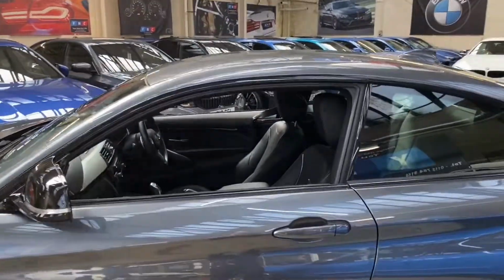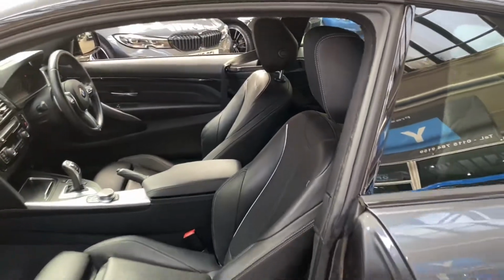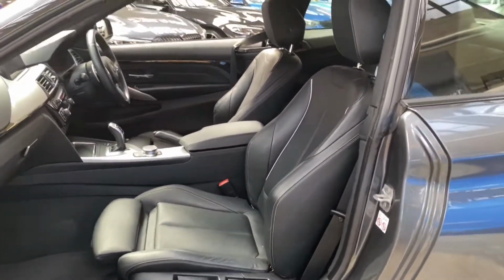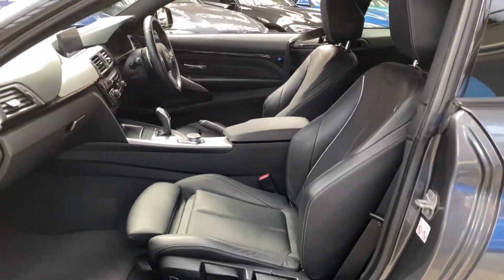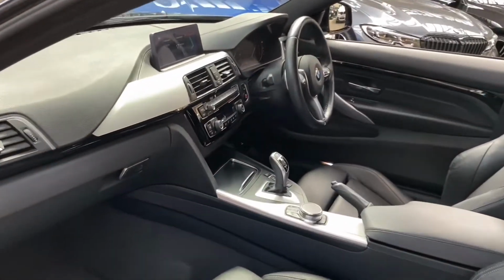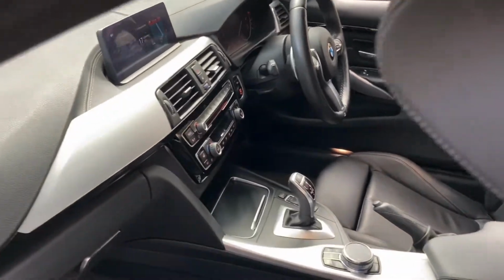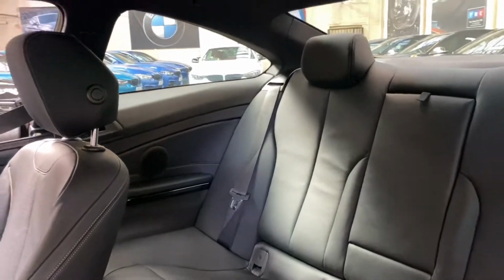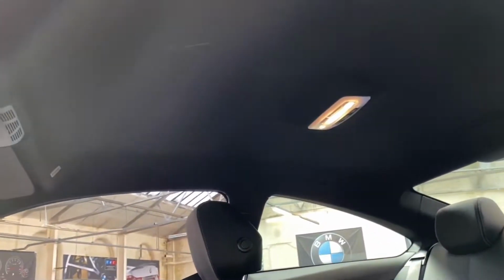We've got the lovely black Dakota leather with white oyster highlights, as you can see there. Both passengers and drivers front come with electric lumbar and the heated seat option, and all of the interior is in superb condition. We've got the 8-speed sports automatic gearbox. We've got an Isofix rear bench with a centre folding armrest, and again a darkened M Sport headlining, of course,